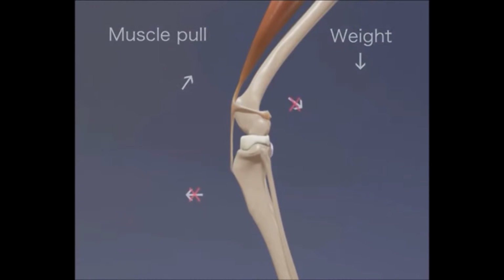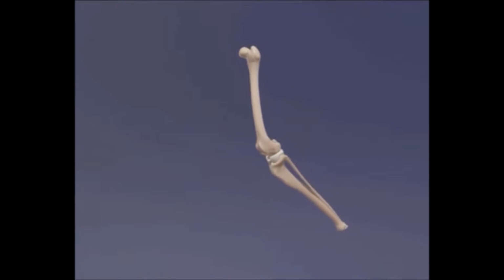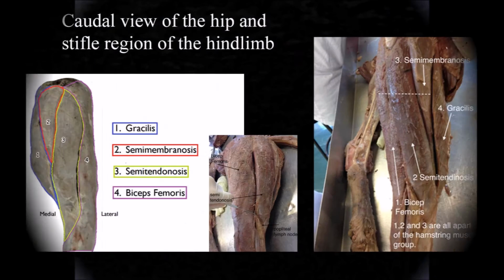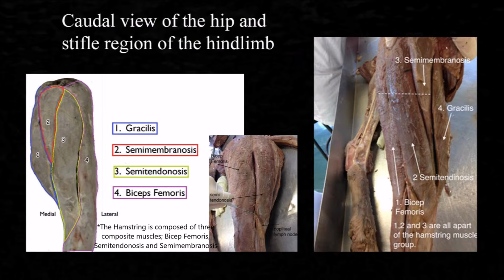Flexion is essentially the reverse of extension, where there is a decrease in the angle between two bones. Unlike stifle extension, flexion of the knee isn't as simple due to the involvement of various muscles. While the hamstring is the predominant muscle involved in knee flexion, the popliteus and gastrocnemius are also key components in